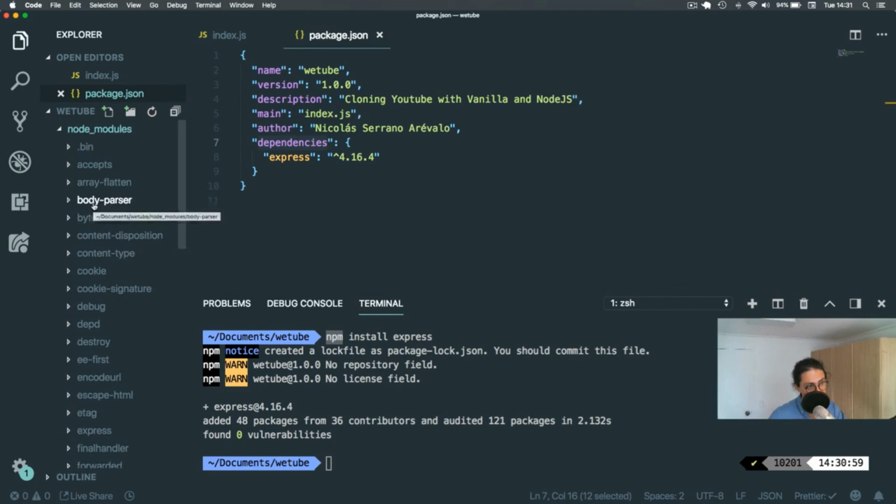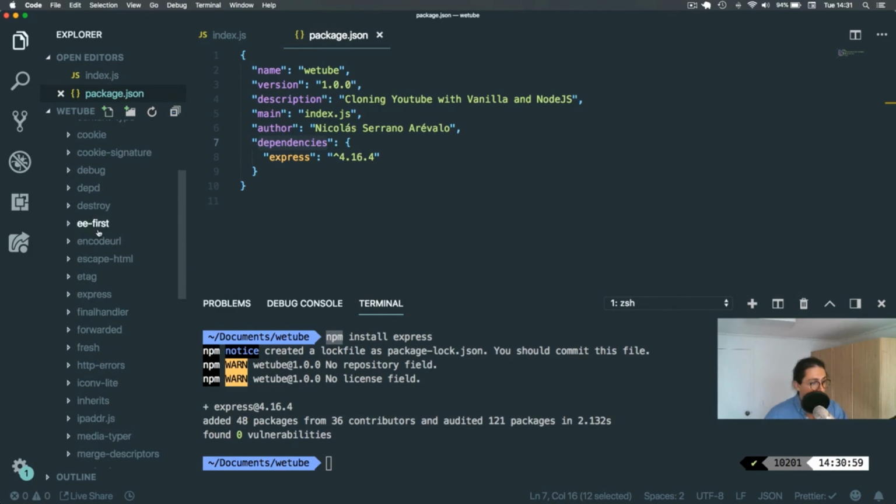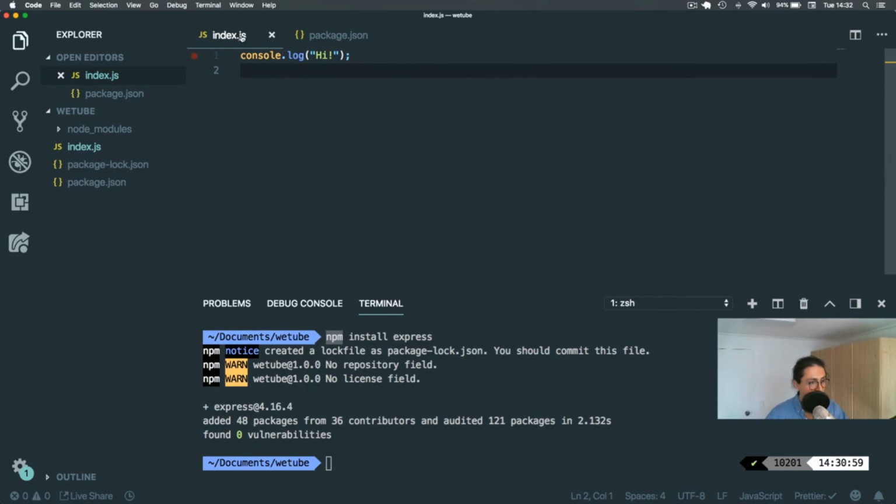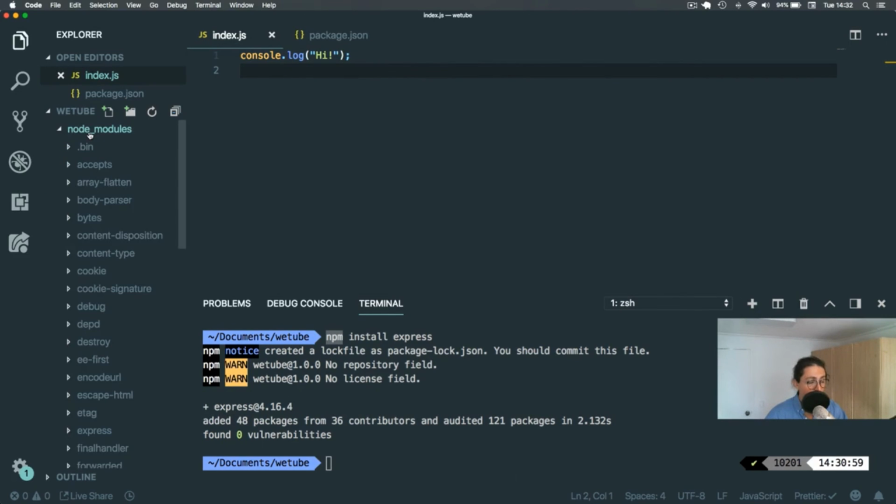All right, good stuff. So this is how you install Express, and you have to worry nothing about the node modules, because again, the node modules are just the things you download from npm. Okay, what we need to focus on is making awesome applications here on the index.js, and it will automatically find